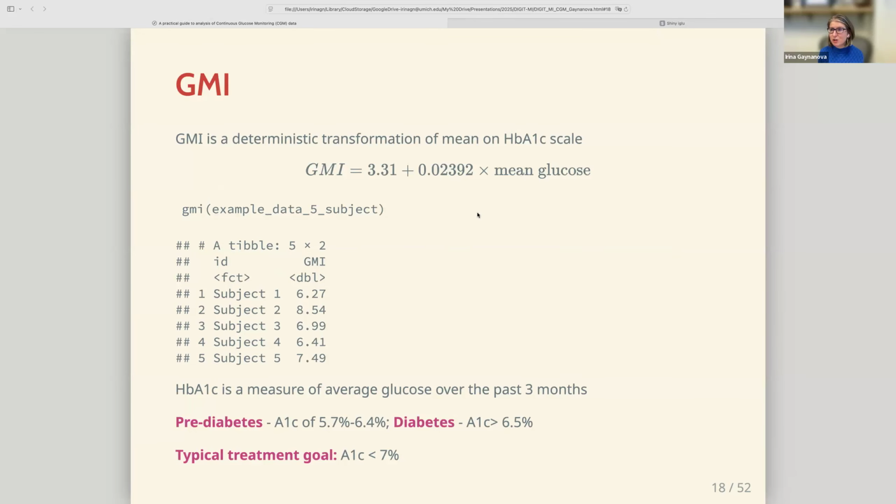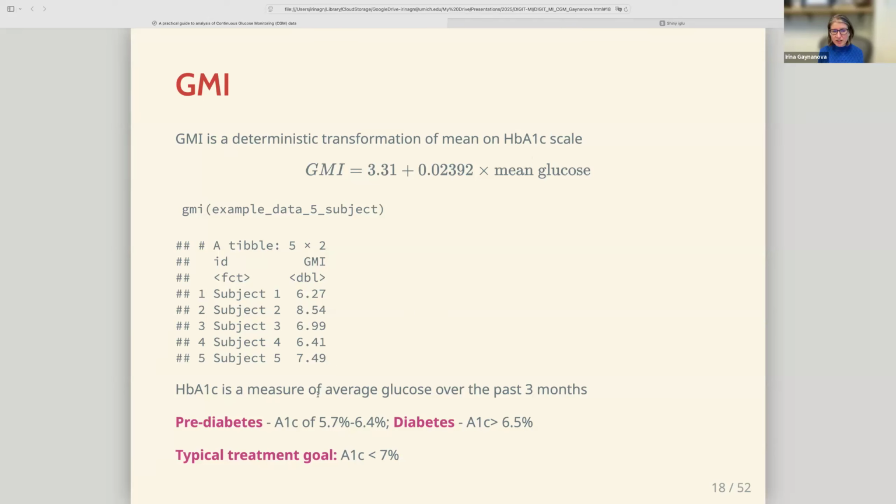GMI is actually a deterministic transformation of the mean. So what this means is that you don't need both. You only need one, either mean or the GMI. The reason that GMI exists is that there was a desire to put the mean glucose on the level of